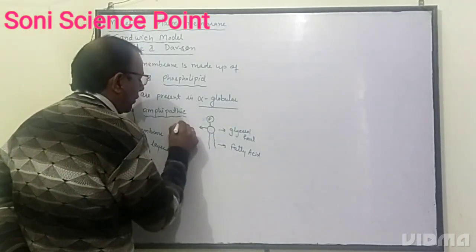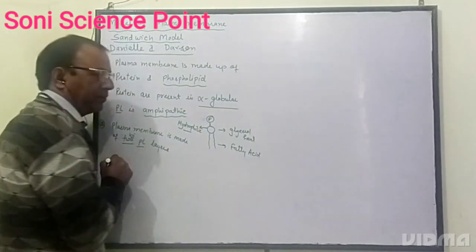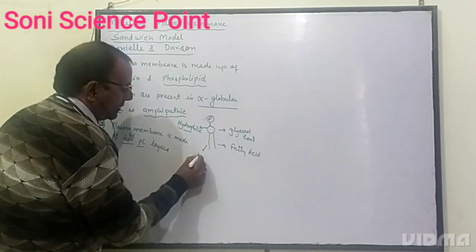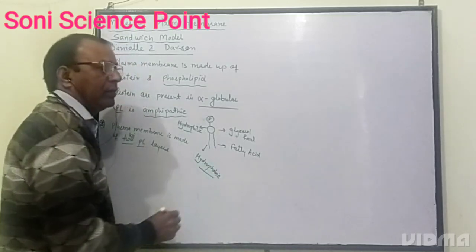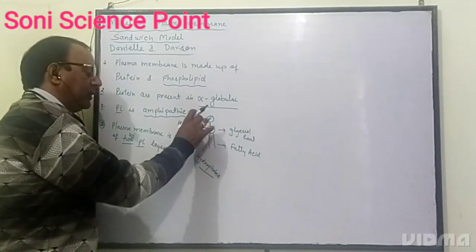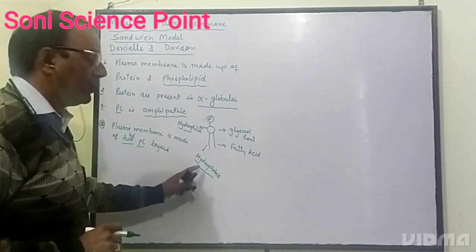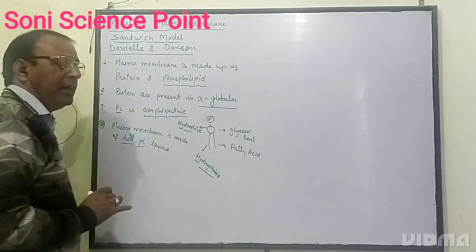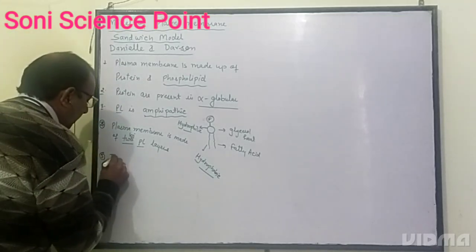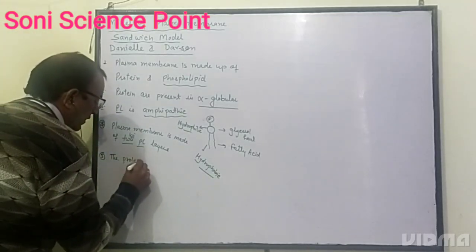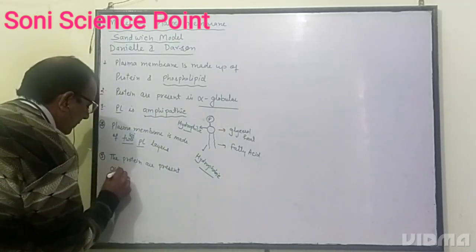Glycerol head is hydrophilic. Hydrophilic means it reacts with water. And the tail is hydrophobic. Hydrophobic means it doesn't react with water. So one particle shows different modes: one end hydrophilic, another hydrophobic. So it is called amphipathic. Clear? And number 5, the proteins are present on the outer side